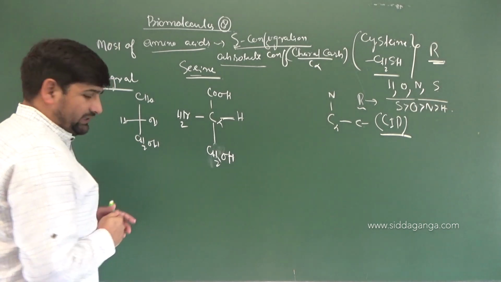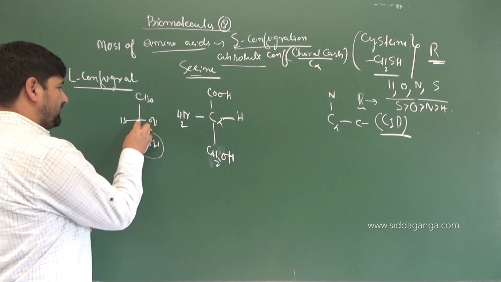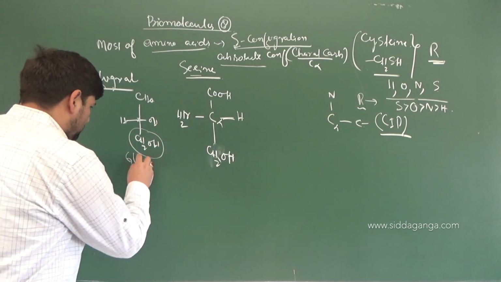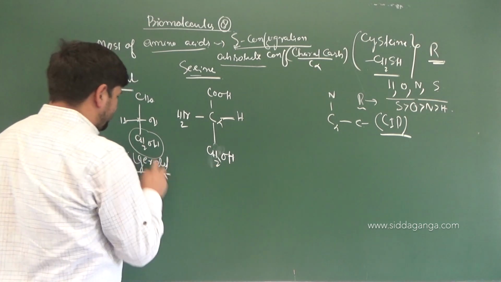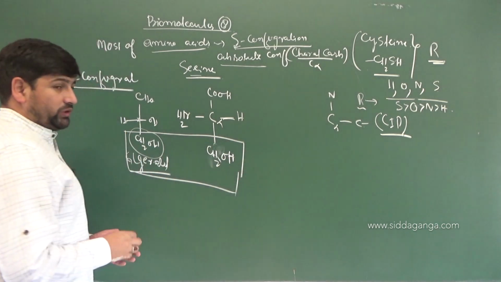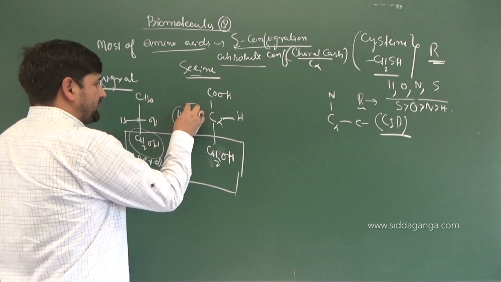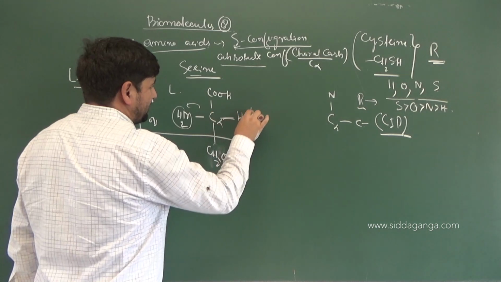You can have a look at the analogy here, children. You can see here, the chiral center of which molecule? Glyceraldehyde. And you can see the serine. There is a similarity between the two for the presence of which group? CH2OH. So, around this chiral center, if NH2 is on the left side, it will be which one? L. And if NH2 is on the right side, that will be D.